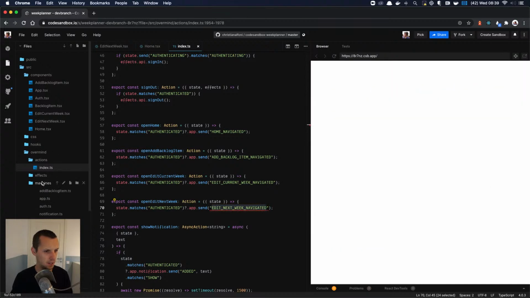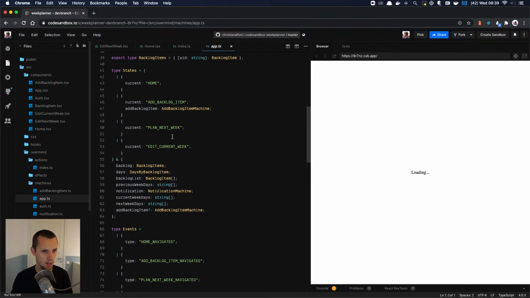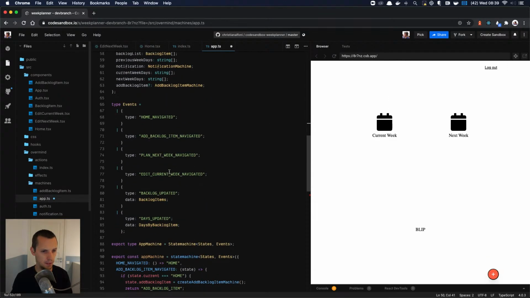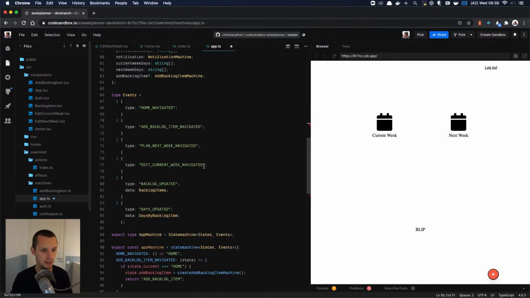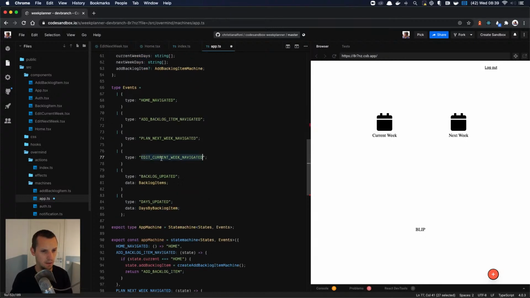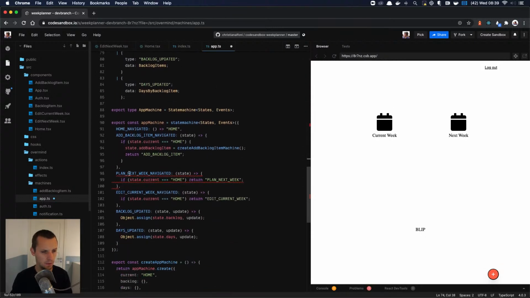Let's see, machines, app, edit next week. This is not navigated, but this is, there we go. Oh, why isn't this? Yeah, it's giving an error.